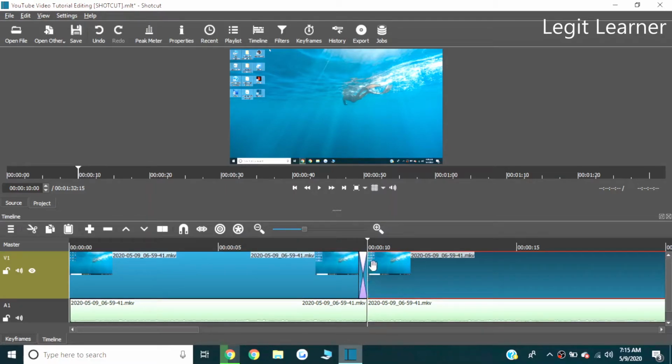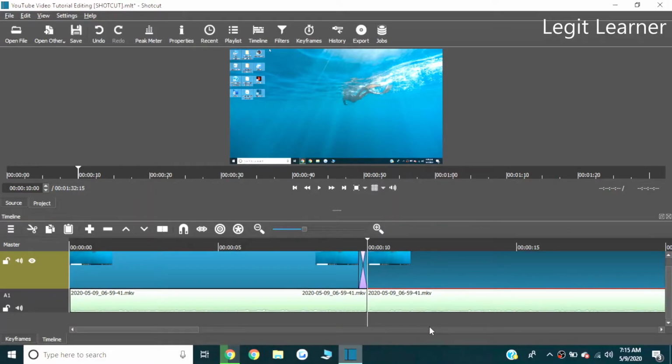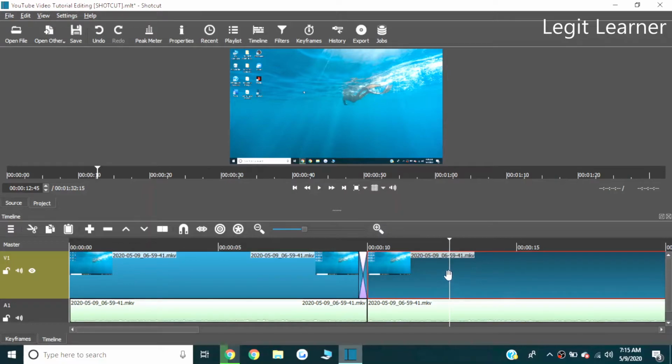So this creates a transition. Transition is really important, so make sure to keep that. So now you can play through it, so now we just created a transition. So from here, you can add filters. So I don't really need to trim much, but say I want to trim everything to the